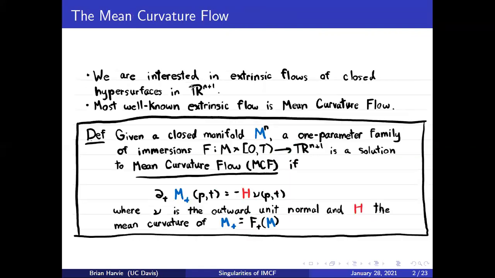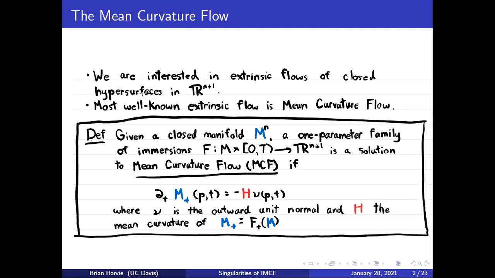And let's begin. Okay, so this is going to be a talk about extrinsic geometric flows, all for closed surfaces, as in compact and without boundary, all in Euclidean space, and all codimension 1. Now, the basic idea behind an extrinsic geometric flow is you have some surface and you deform it